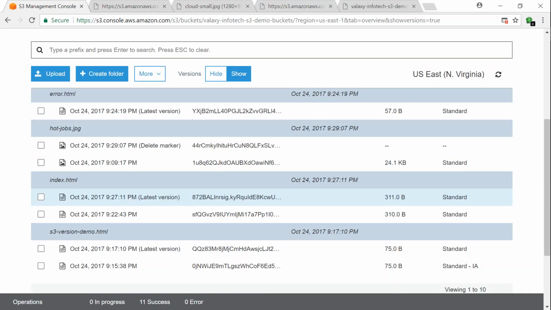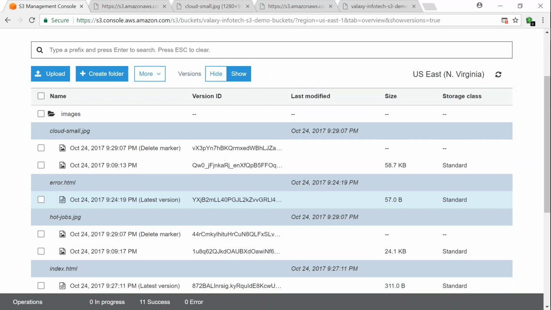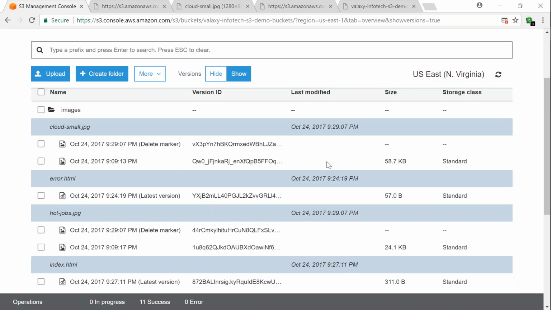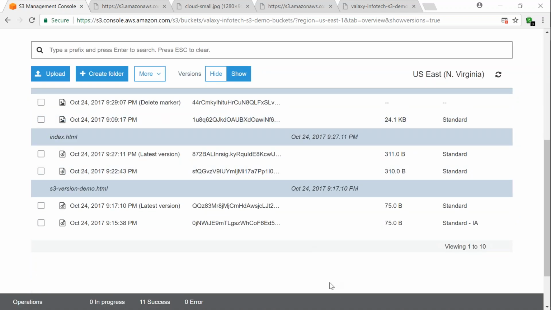So these are the basic things, or very powerful things in other words, that you can do with S3. There are some more options in permissions and management. We will see them when we go deeper into S3 itself. But from whatever I've shown you, you should be able to confidently say that you are familiar with S3 objects. So are we good? Is there any chance of seeing